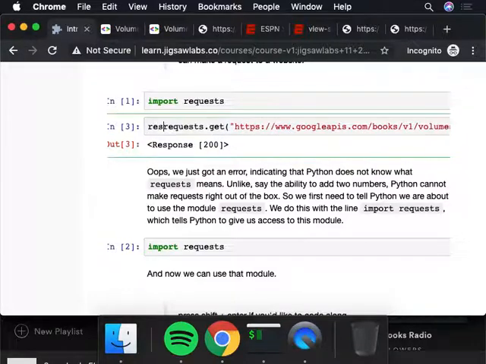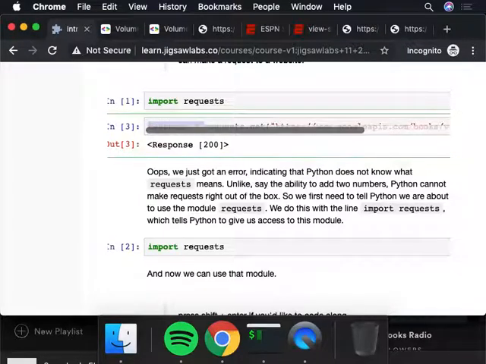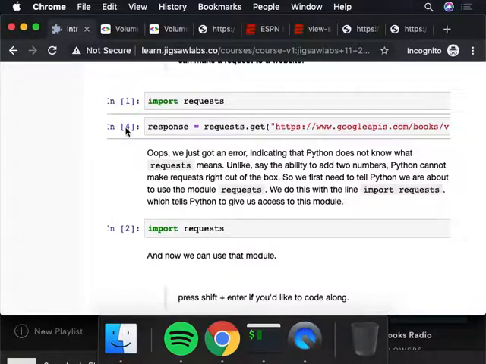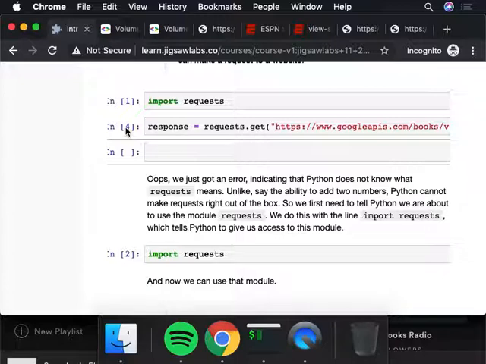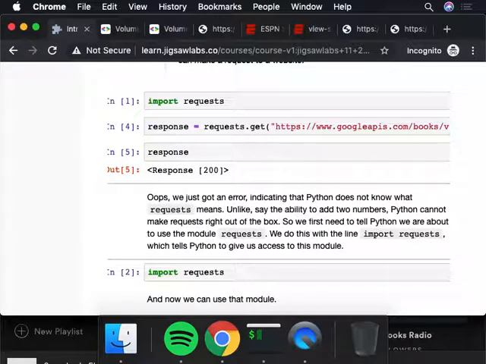So I'm going to do response equals requests.get, my URL. And remember, when we assign a variable, we don't see anything at the bottom. If we want to see it, we have to retype it. So I'm going to retype response, and it shows me response was 200. All good.